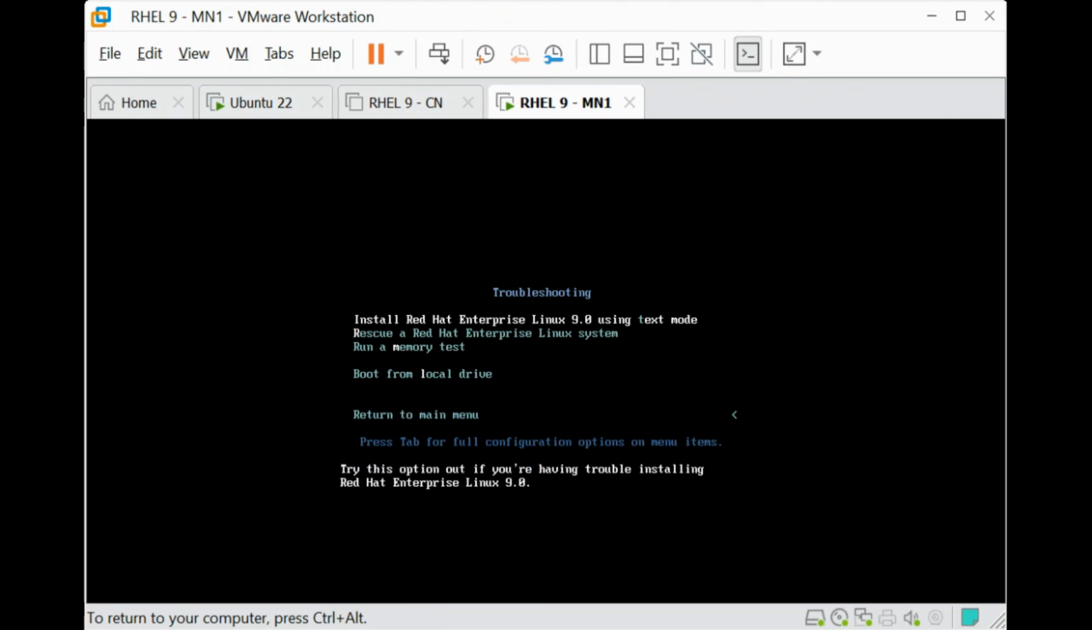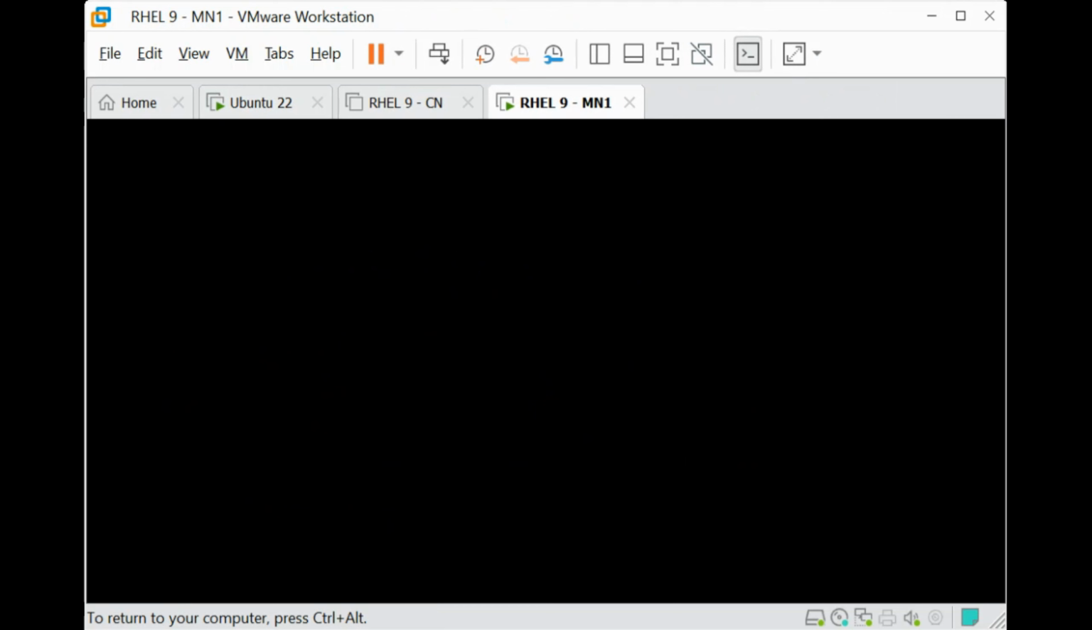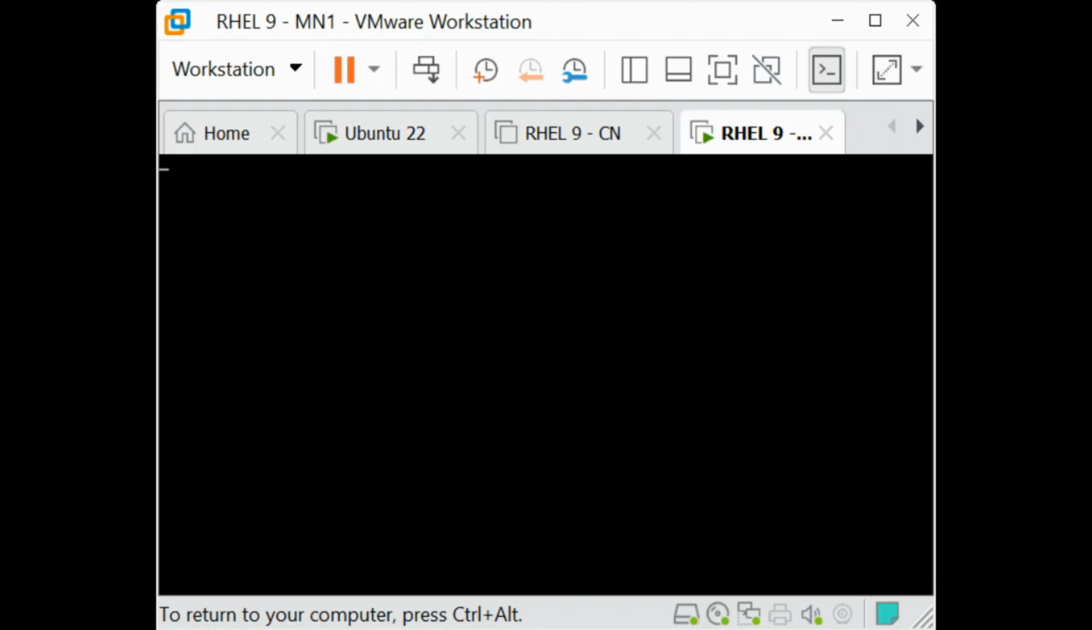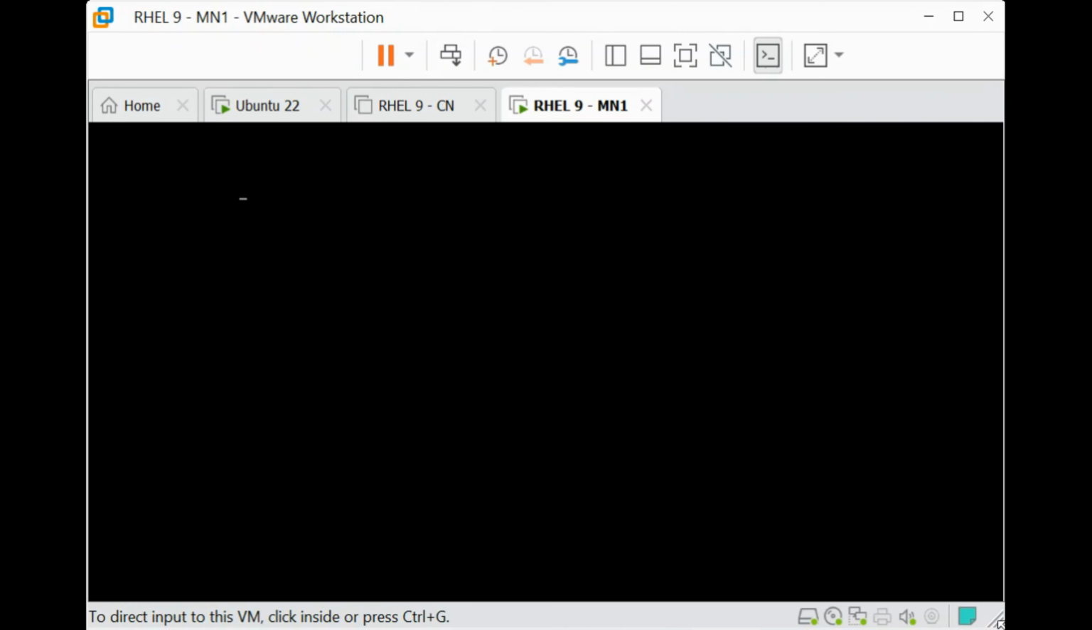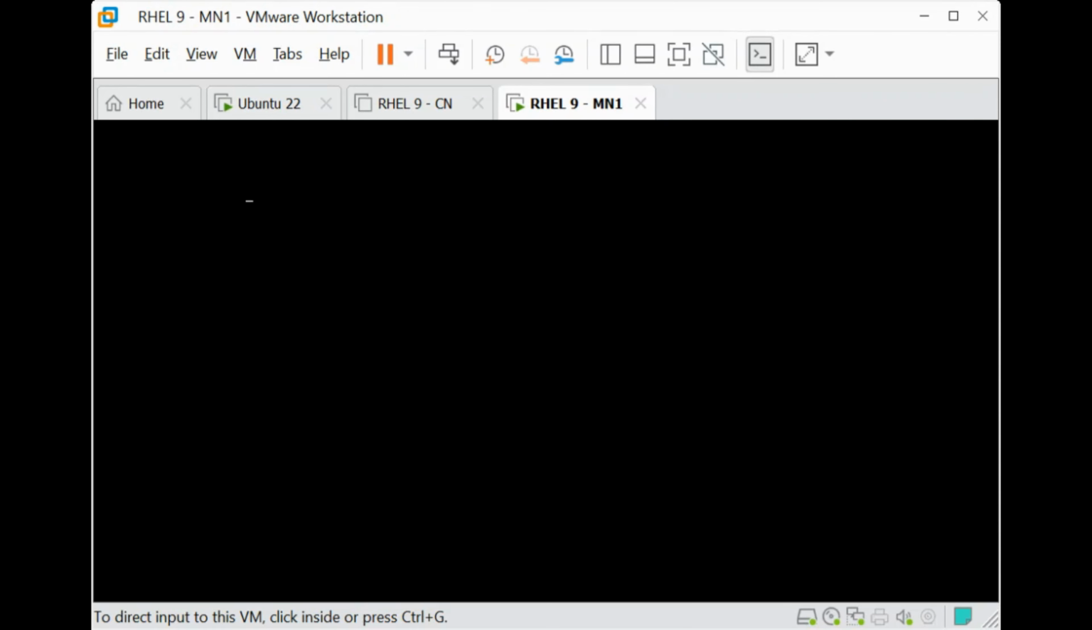Install Red Hat, rescue Red Hat, run a memory test. What we want to do is to rescue a Red Hat Enterprise system. So on this line, I'm going to press enter, and we're going to wait for the system to boot up to that rescue mode. Just going to expand the screen again. So while the system is booting up, I'll pause the video, and when the system is done booting up, I would